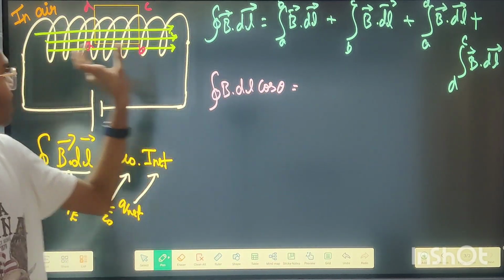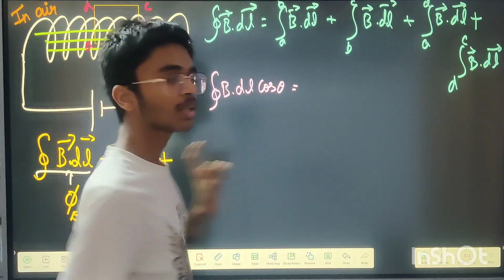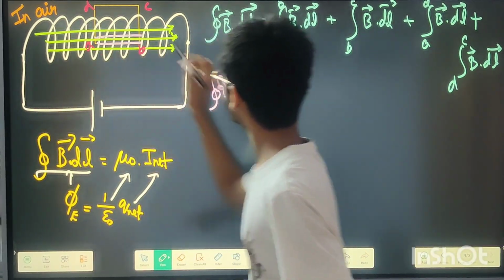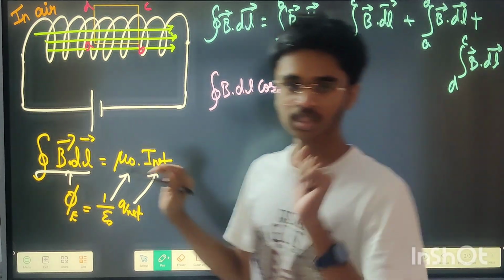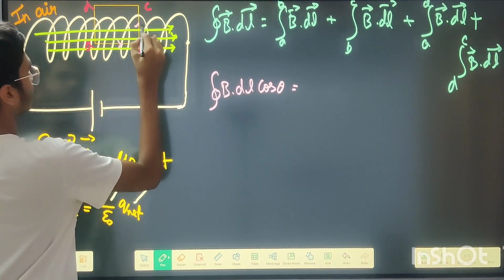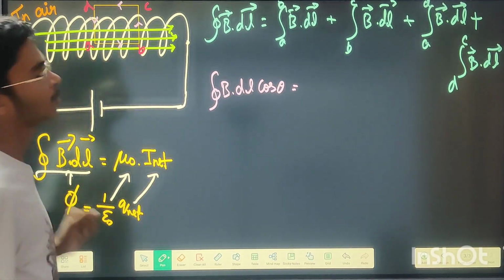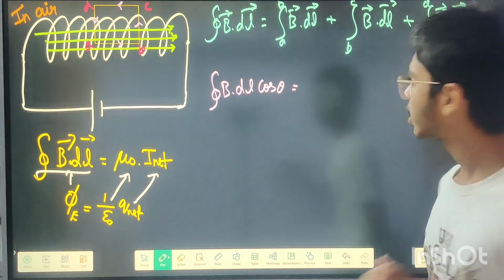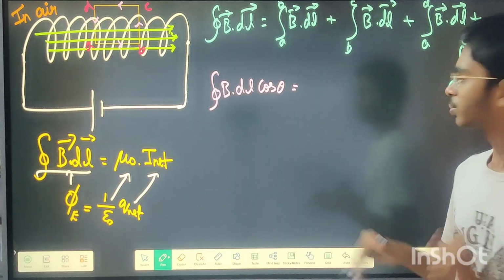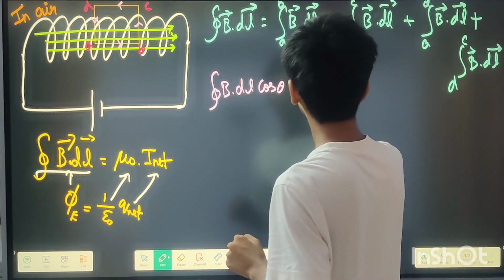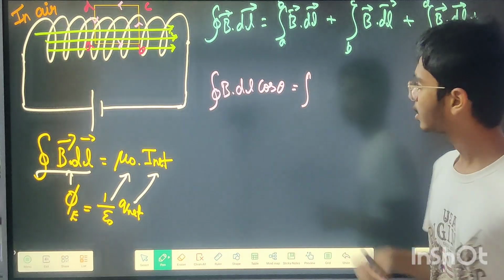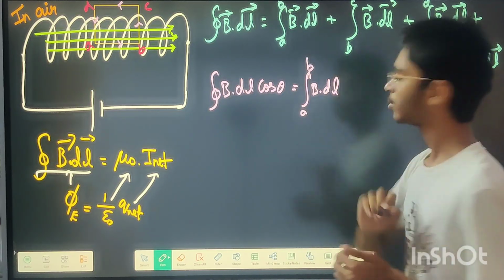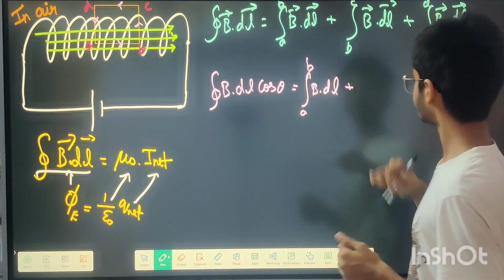So first is AB. This theta is between the magnetic field and this line. This is the length and this is the magnetic field. What is their direction? First I will be keeping their directions also. Here these two directions are the same, that means they are at 0 degrees. So cos 0 degrees is going to be 1. So you can say this as the integral of B dot dl along AB. Then also plus